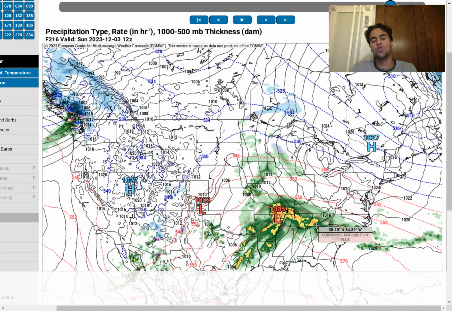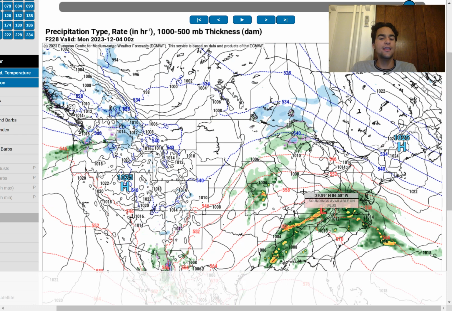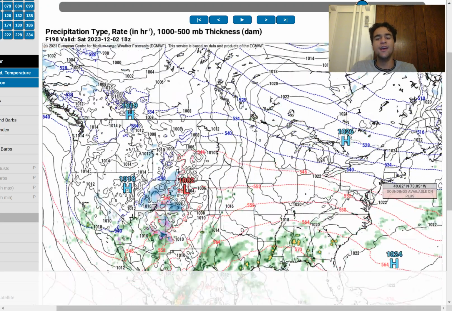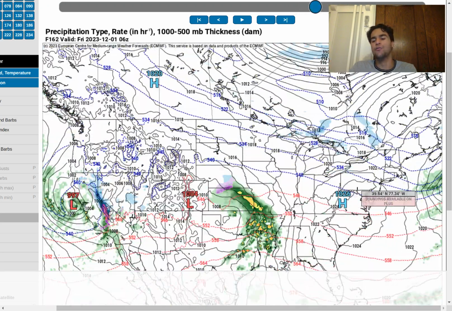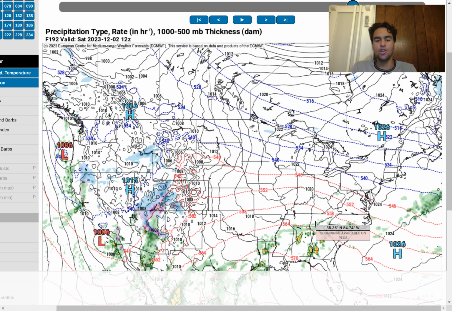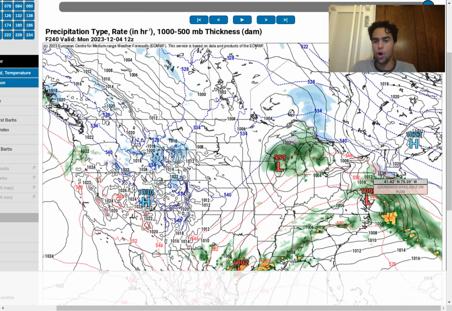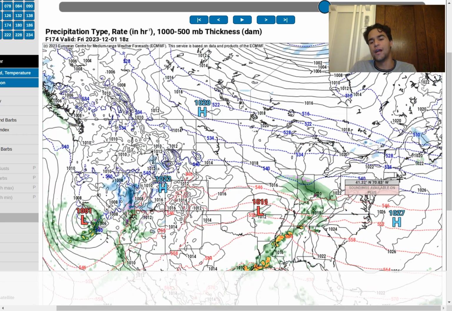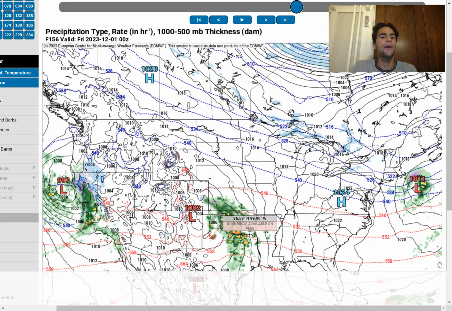And then behind this storm system, we see that the convective activity is certainly a lot higher, but the southerly flow is just too strong for any sort of significant snowfall to occur, as even the northern Midwest experiences primarily a rain event in a scenario like this, thanks to the amount of ridging that's located just to the east of this storm system, which is enhancing the southerly flow a bit too much for snowfall to occur. But there's still a lot of time to iron out the forecast, and I think it all starts with this snowstorm on Friday, December 1st.